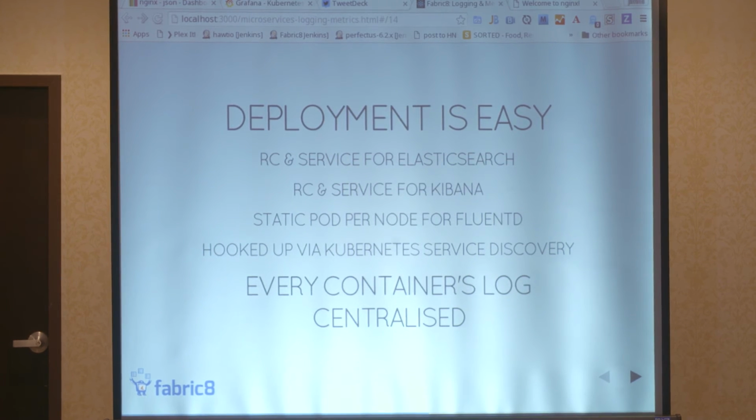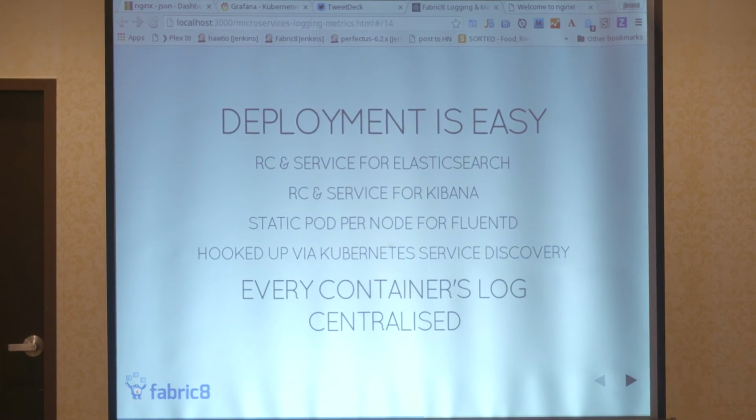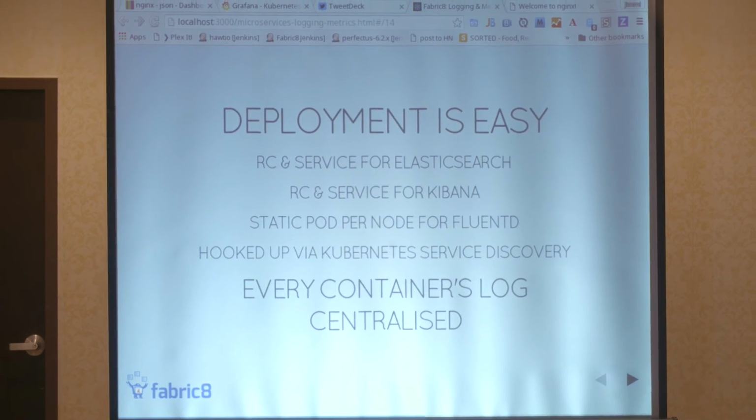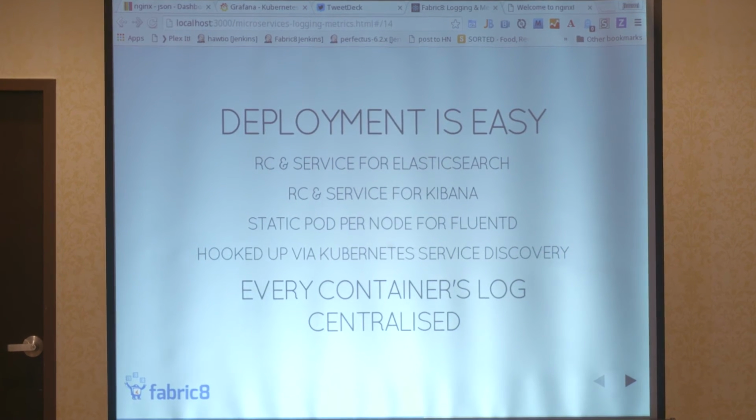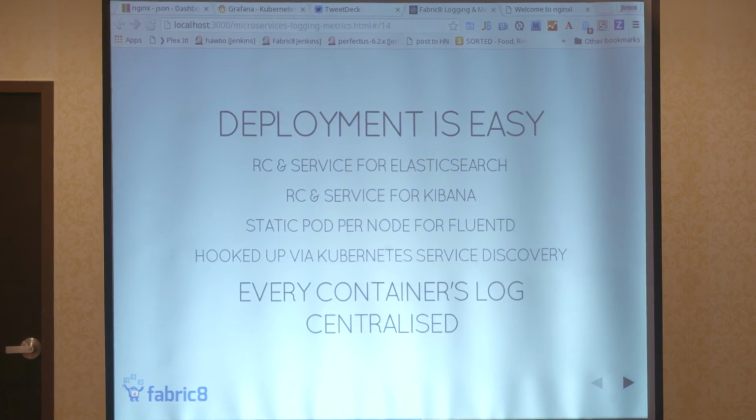I mean, it is a big shift, right? This idea that my running process actually doesn't matter. In a scalable microservice architecture, you can't let it matter to you, right? All my pods should be identical as much as they can be, and any changes to those should be done through a repeatable process, right? So if I'm going to make a change to config, it needs to go through that process.